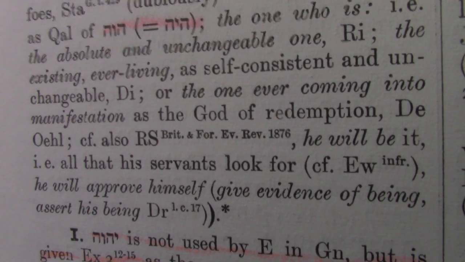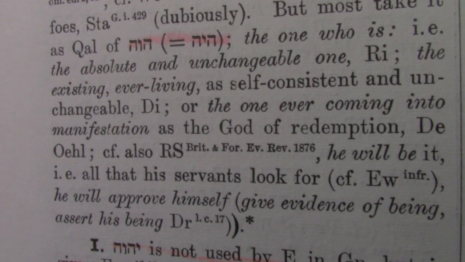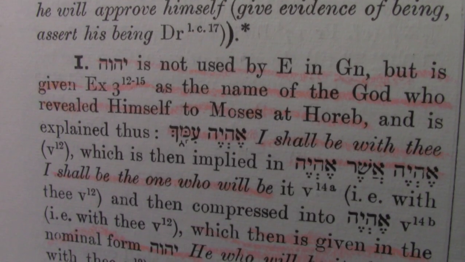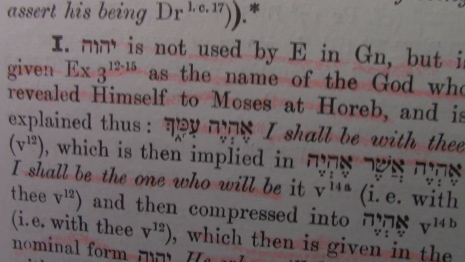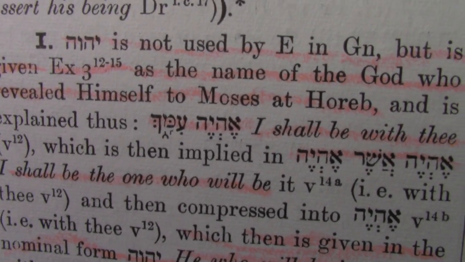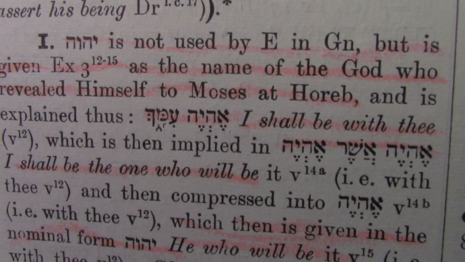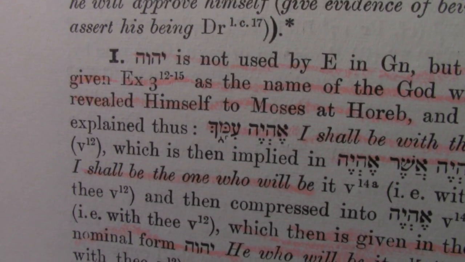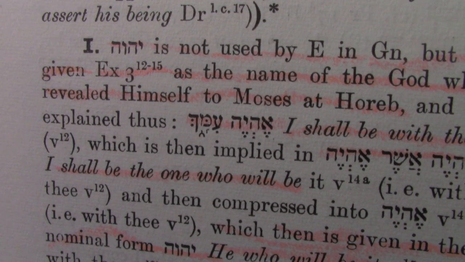Did I say that right? Then it goes on to say, and unchangeable. And then it goes on and on. Then down here we have Yahweh, and it says, it's not used by E in Genesis, but is given Exodus